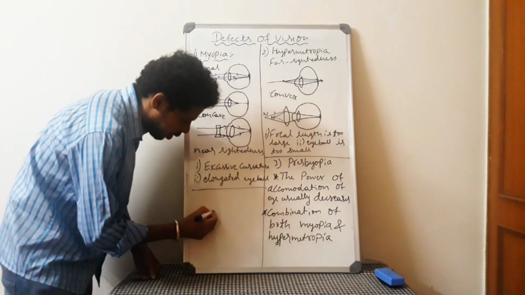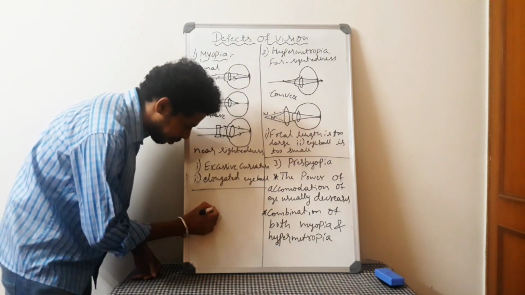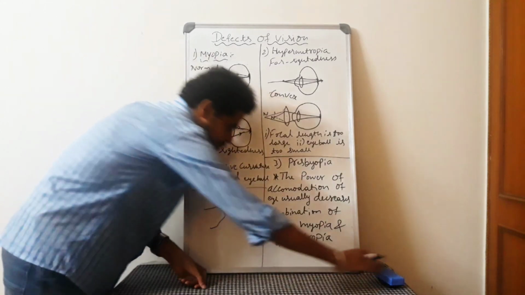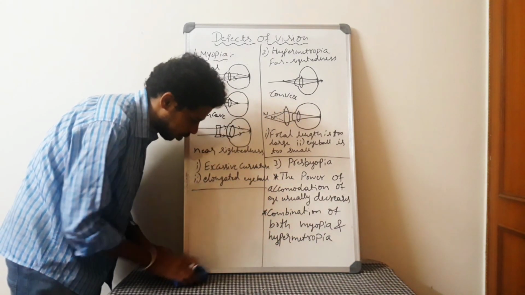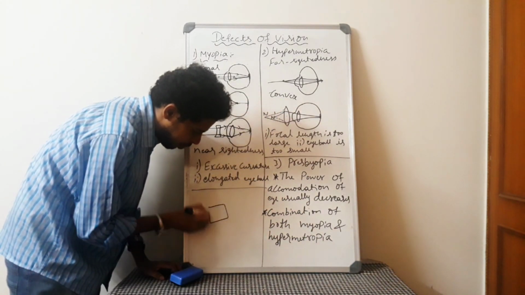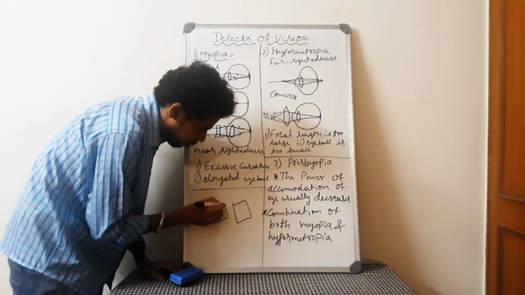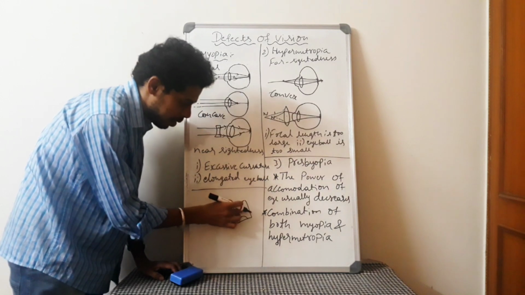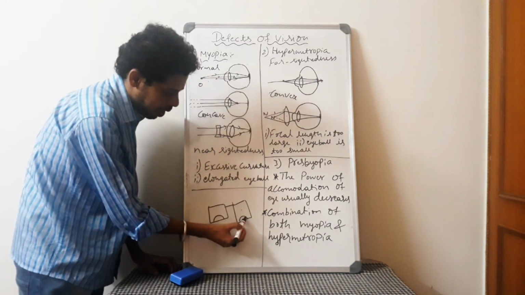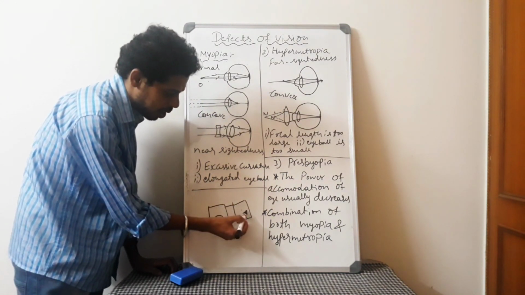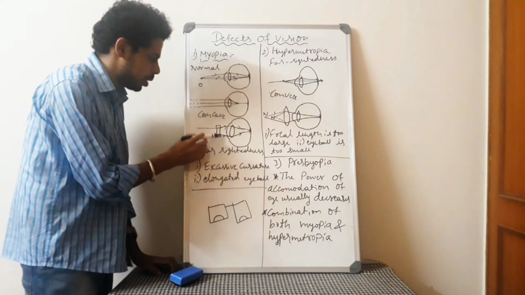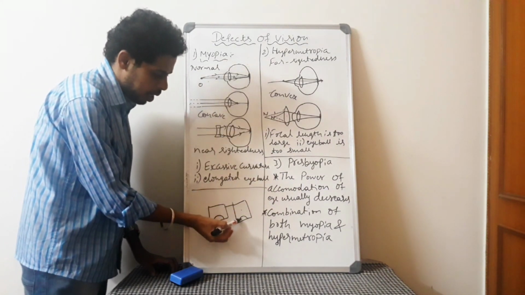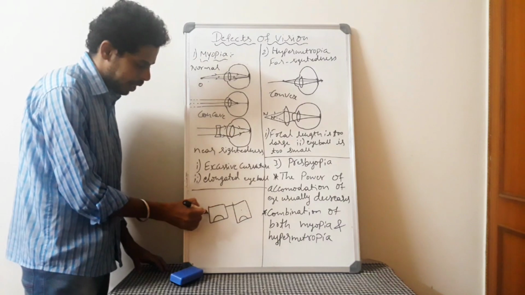I think if you have seen aged people's lens, so to see far objects, I am just drawing a rough diagram. When they see far objects, they will see from this point. When they see near objects, they will see from here. So this is a concave lens to see the far object. So here a concave lens, and a convex lens will be designed here for a reading glass.